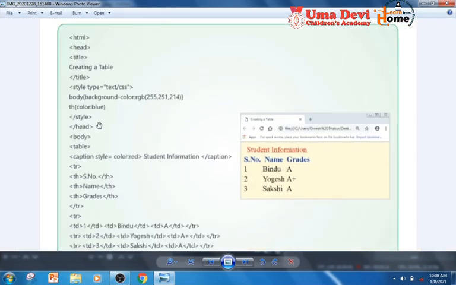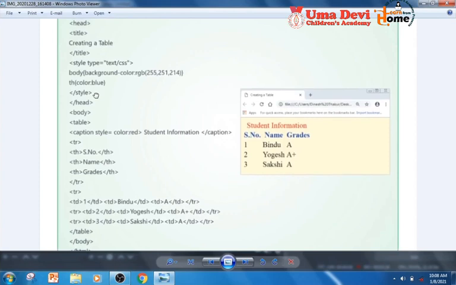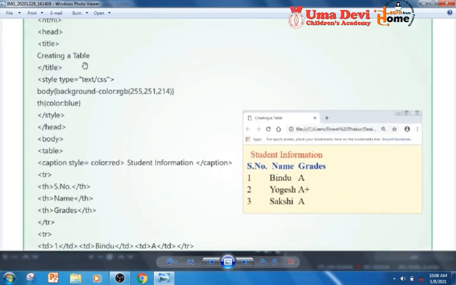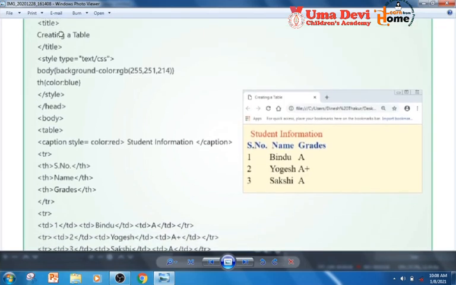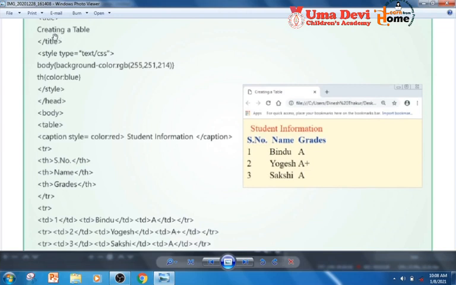Look at here, they have created one table using these tags. Firstly they have opened HTML, then the head tag, then the title tag, then they have given the title creating a table, then closed the title tag, then they have given style. The style type they have given, the background color they have given, then the style tag is closed, the head tag is closed.